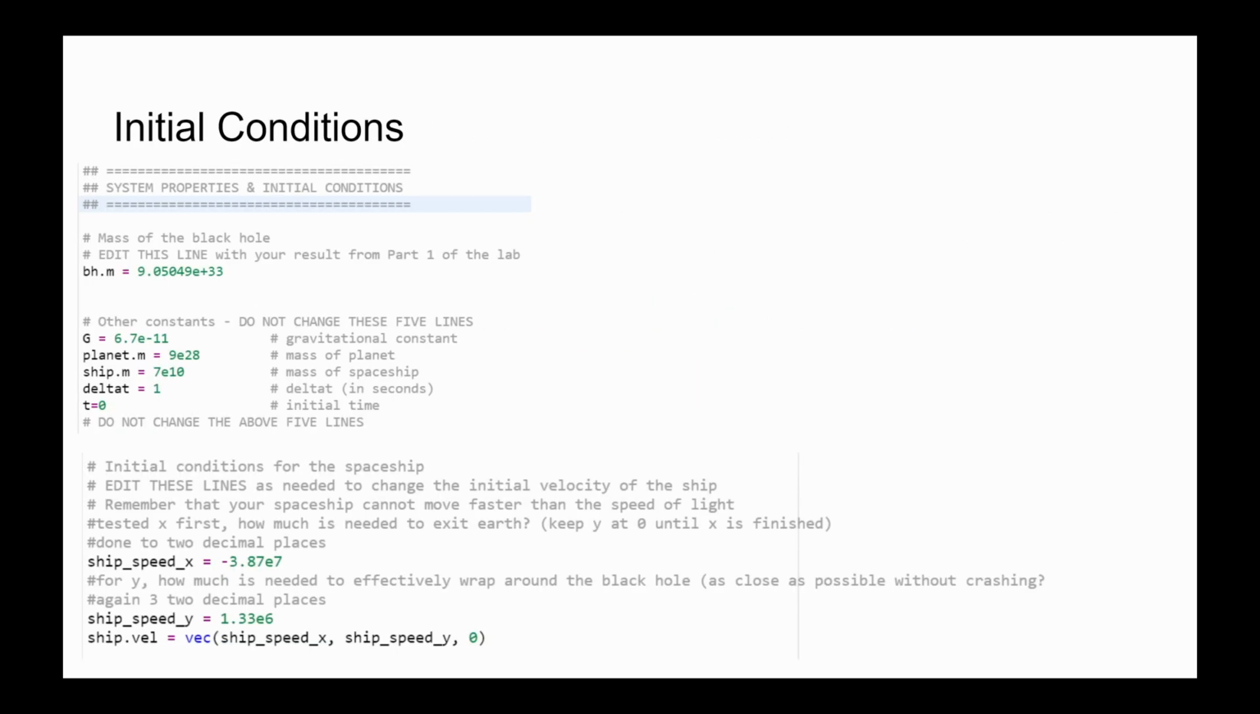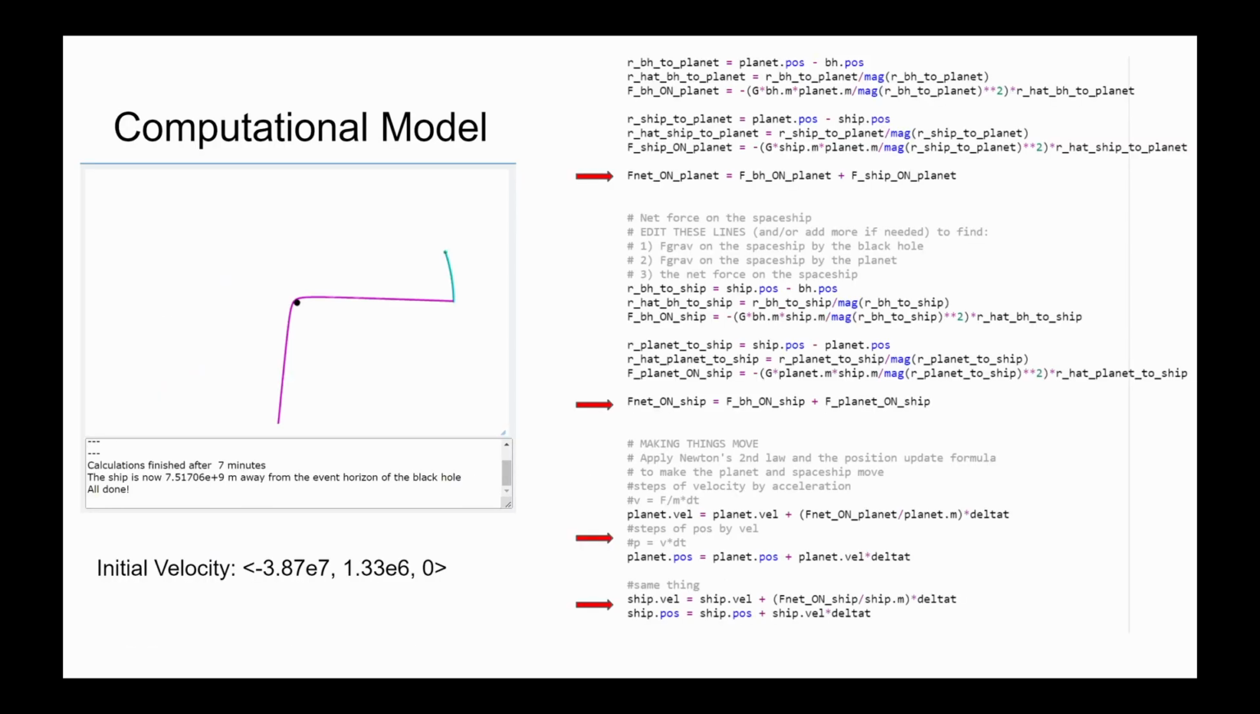So for part 2, we have the initial conditions we defined before, right? The mass of the black hole, and then we also have G, the mass of the planet, the mass of the ship, and delta t. The ship speed, we will show how I define those later, but I used testing and iteration to determine those values. In the computational model, the important things to look at are the net force on the planet, which is the total of the force of the black hole on the planet and the force of the ship on the